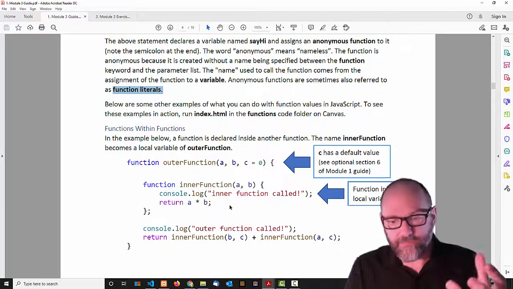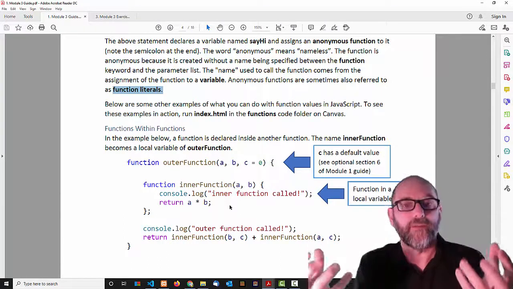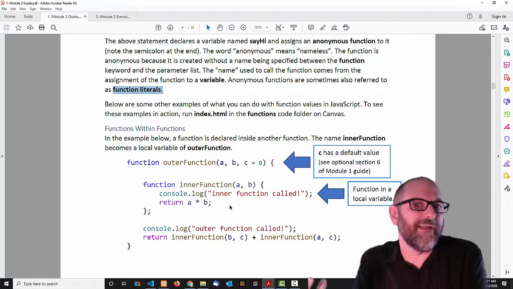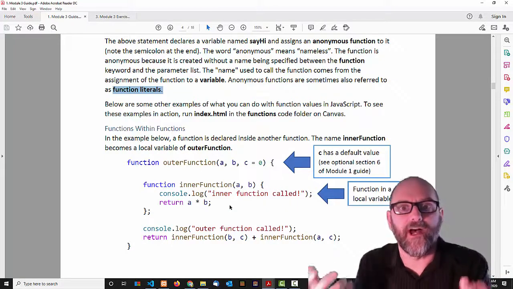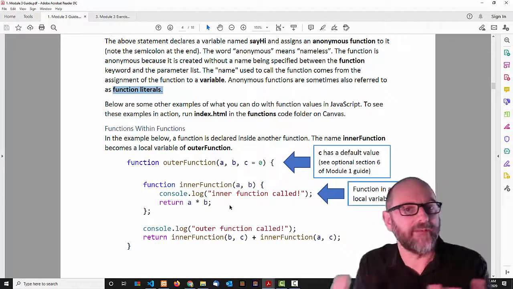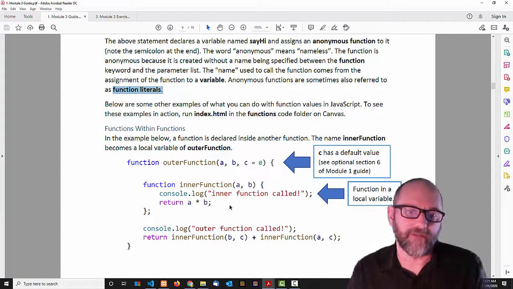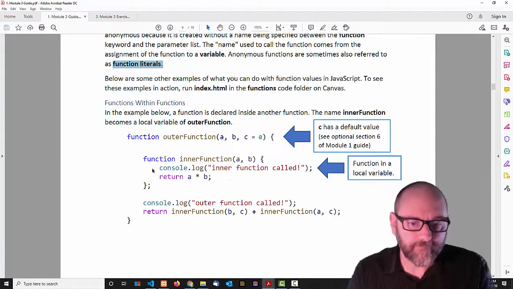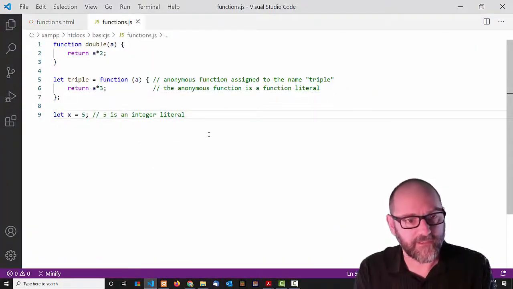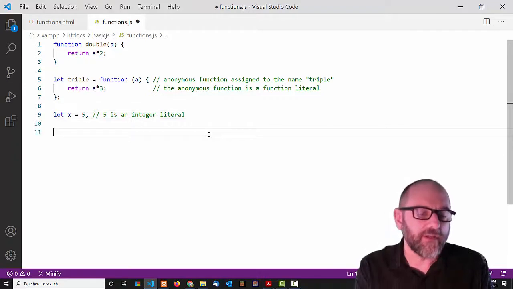So method names are in a different category from variable names. But then the question is why? Why are they in a different category? Why not allow them to be the same kind of name? And then you can, it opens up all kinds of interesting stuff, which we're about to talk about. So one thing that is a result of this fact about JavaScript is that you can have a function within